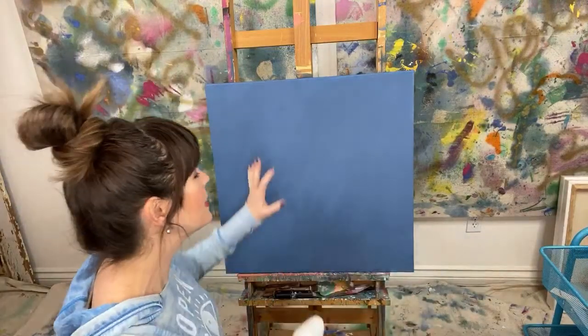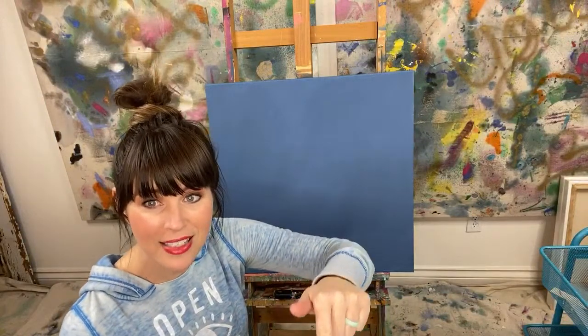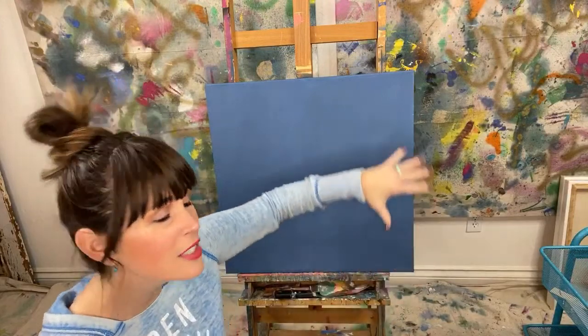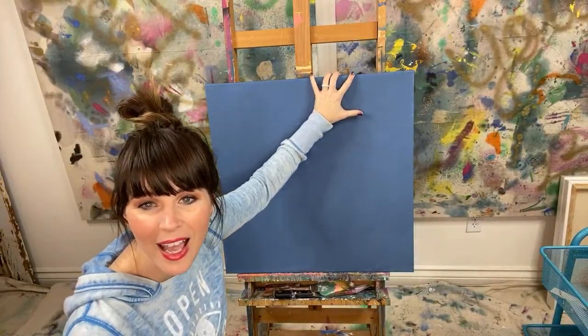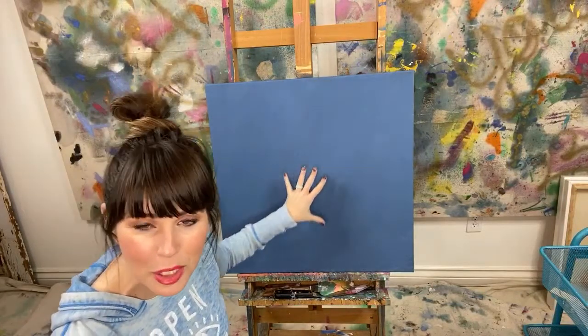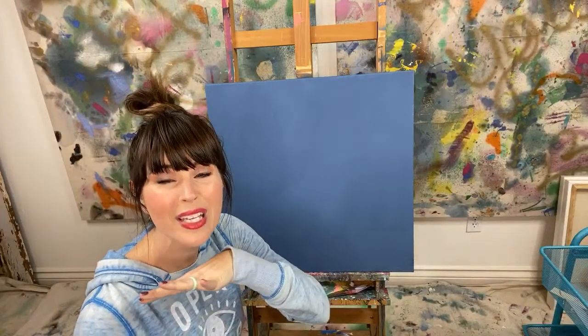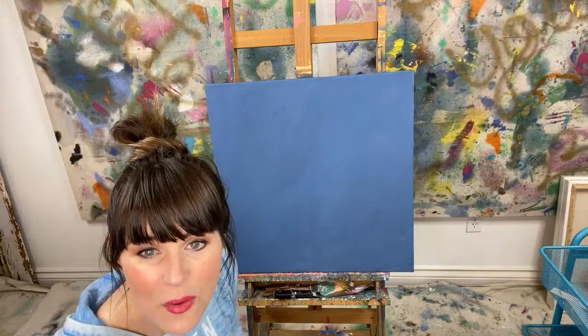All right, I'm going to get started right now because I'm super excited. The last finger painting I did with you guys is the last time I finger painted, and since it's something that I love doing, I'm going to start a series with all dark backgrounds. So I'm going to do some Hey Sailor, some Bohemian Blue, some black and maybe even a brown, which sounds really weird and awkward, but I'm thinking about it. So let's get started. Guys, if you have any questions,